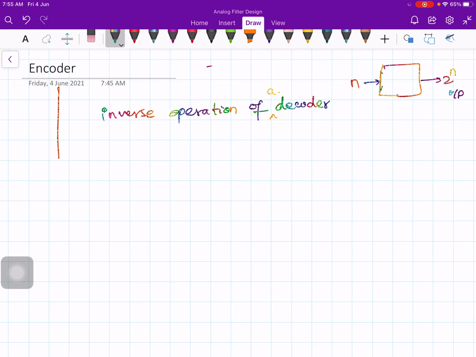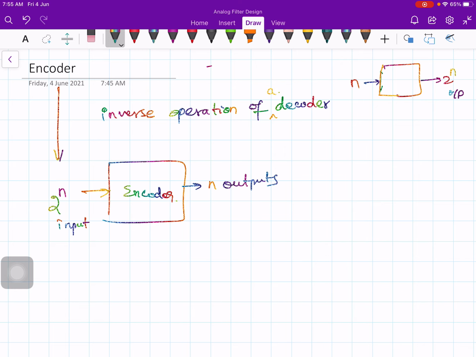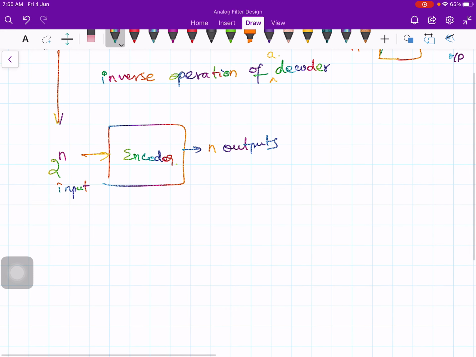So that means in the encoder we have 2 to the n inputs and we will be having only n outputs. That's it. So this is my encoder. An encoder has 2 power n inputs.